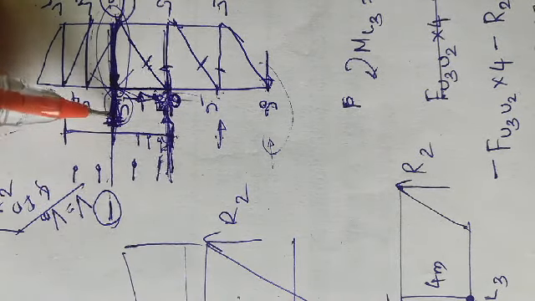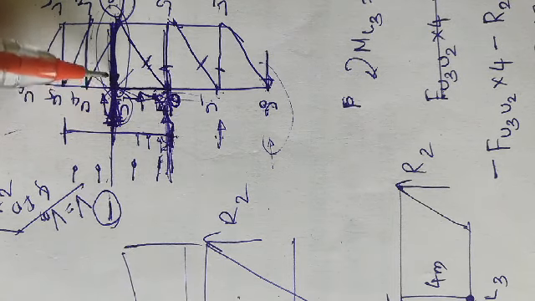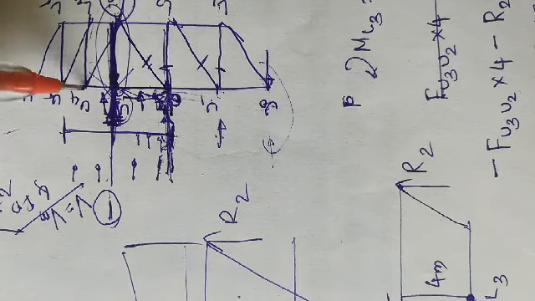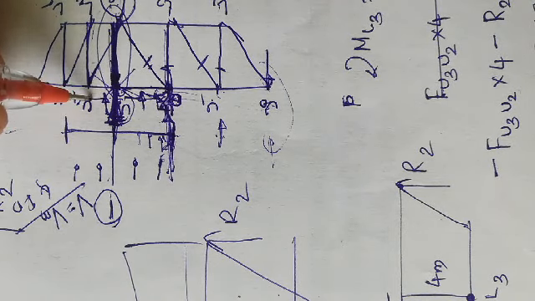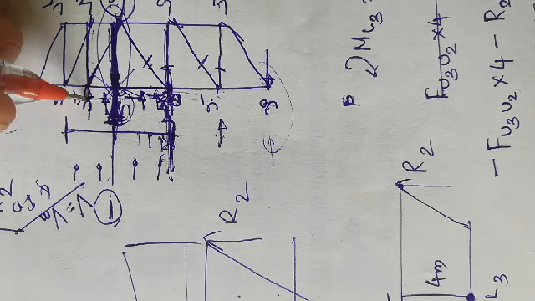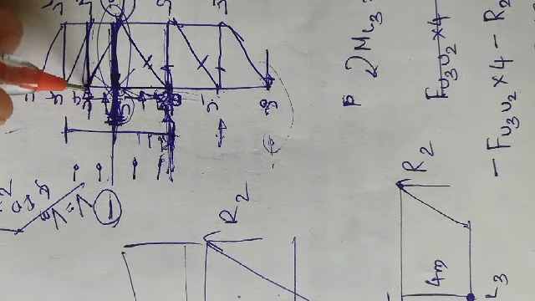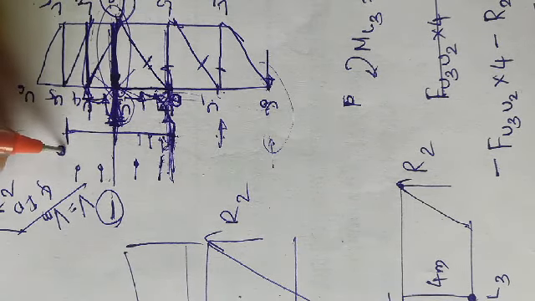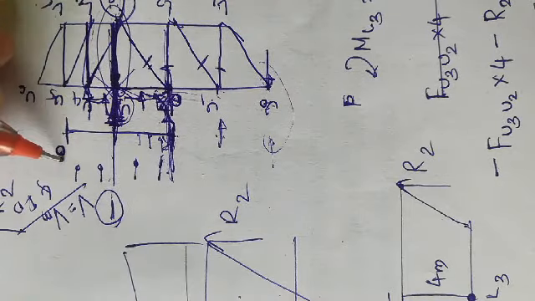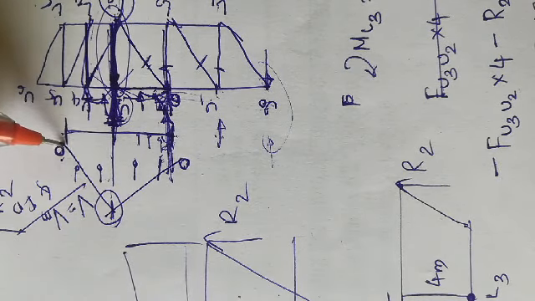Now as this unit load moves away from U3, when it comes at this point, the load is distributed between this vertical member, this vertical member and this inclined member. As it moves farther and farther, it goes to U4. At that time, this unit load is completely taken by this vertical member and inclined member. There is no force distributed to U3 L3. That's why the force taken by U3 L3 will become 0. That is, the variation goes from 0 to 1 and 1 to 0.